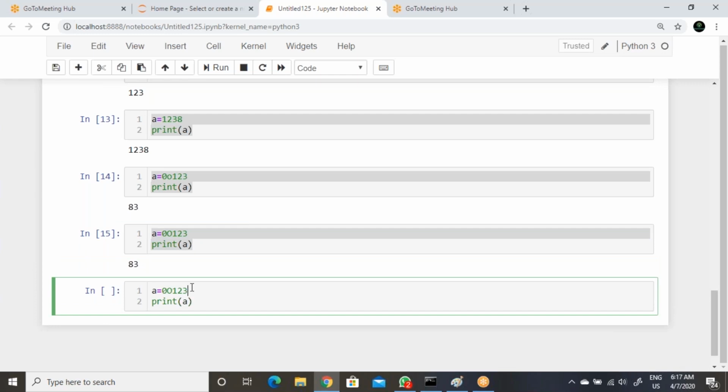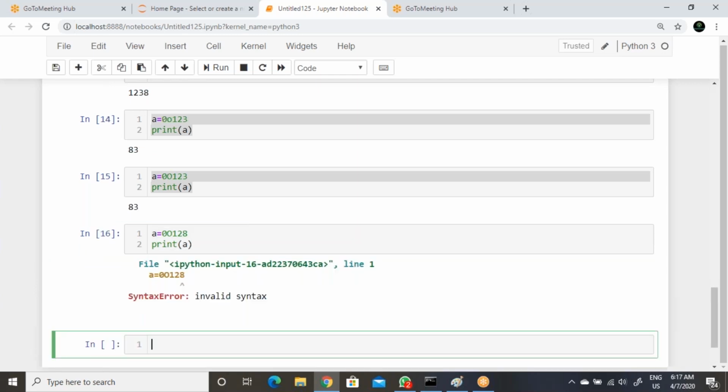Then when you see 0 O as the prefix value, you need to think that okay, this is octal form. You need to immediately get it into your mind that octal form will consist only of 0 to 7, but we have mentioned 8 here. That's why it is showing invalid syntax.